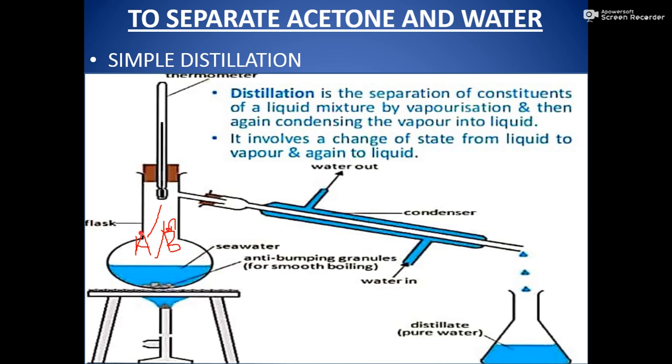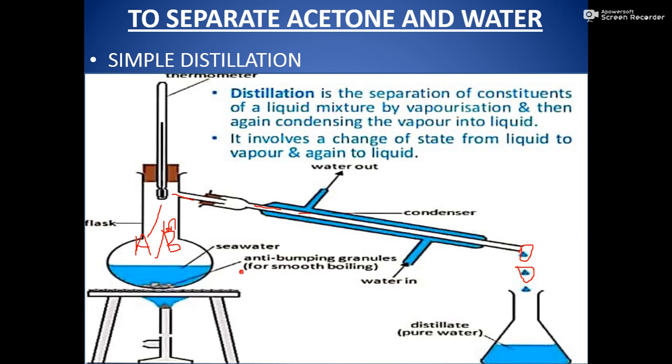But the vapors of A, as they get sufficient temperature to be vapors, will transfer through this tube, and when they are moving in the condensation tube, then due to this water, these vapors will convert into drops, will convert into liquid, as you can see here. These are the drops, and these drops can be easily collected here.